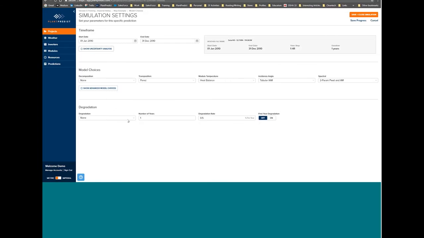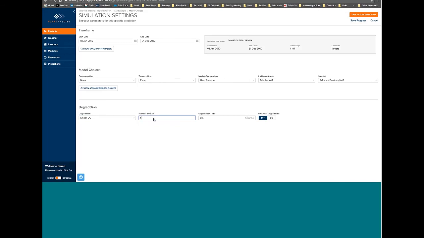Degradation, this is a really useful feature. In my experience, most financial models just use the year one AC energy of a plant and then chop off a flat percent year over year. That's not technically correct, but it's very difficult to model a true degradation profile in most other software. It requires a lot of manual processing. With PlantPredict, you can choose a DC degradation profile, which is more indicative of what your power plant is actually doing as opposed to an AC degradation, because it's the modules that are degrading more than the AC side of the power plant. So you can run a 25-year DC degradation profile, compare that to what your AC degradation would be,